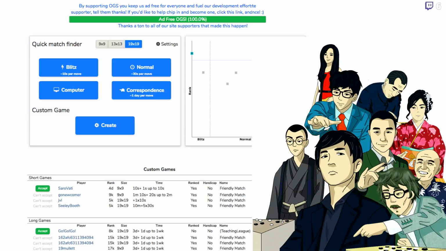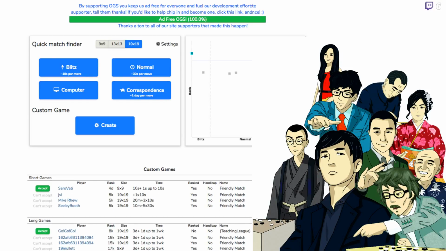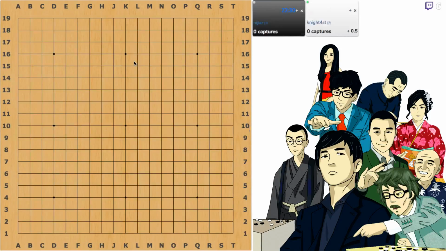Anyway, I'm going to take a 2-minute break, and then I'll be back, and then we should have a game. I'm just going to load this for a game here. Oh, we have a game already, so